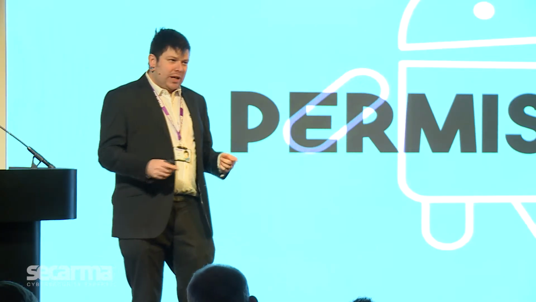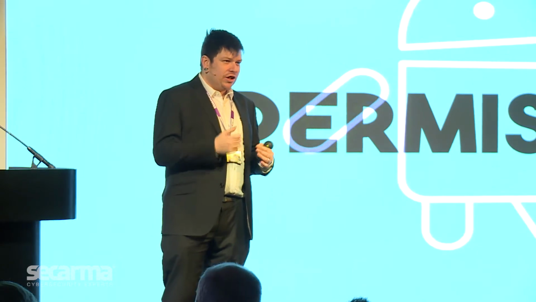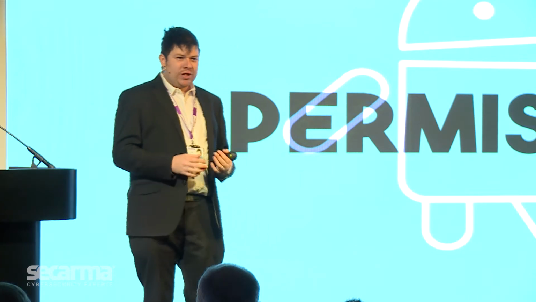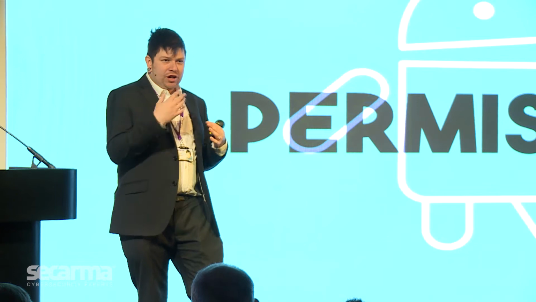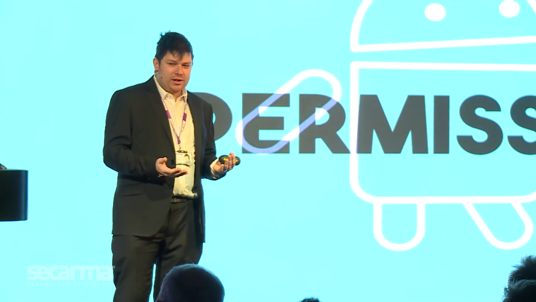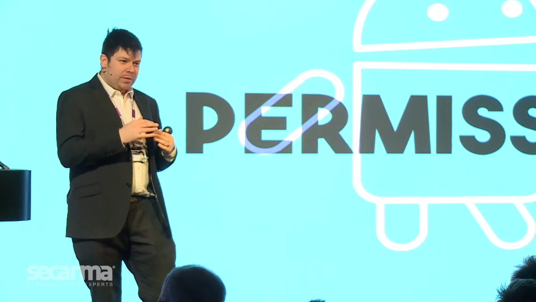I want to rewind a little bit and talk about Android permissions. On an iPhone recently, you've had this idea that when you install an application and it wants access to your location, you approve or deny it. Up until about a year ago, 18 months ago, on an Android, that wasn't the case. When you install an application, you get a list of permissions that it wants to gain access to, whether it's your location, SMS, whatever. And you either click accept or deny. If you deny it, you don't install the application, and that's fine. If you then accept, you accept all of those permissions.